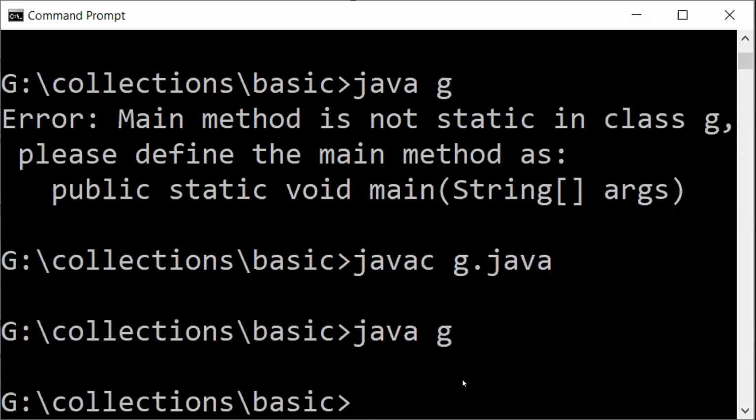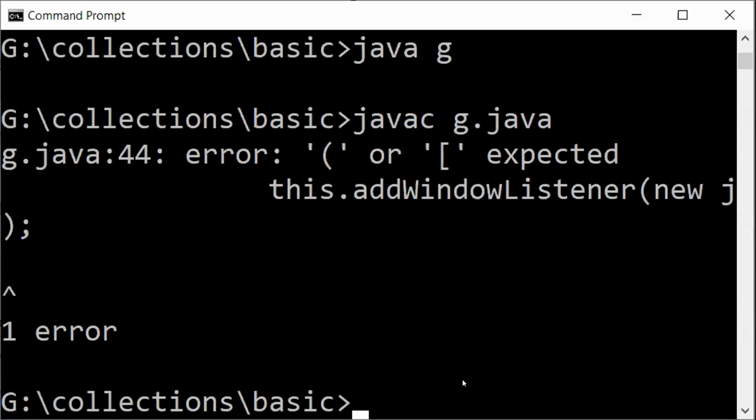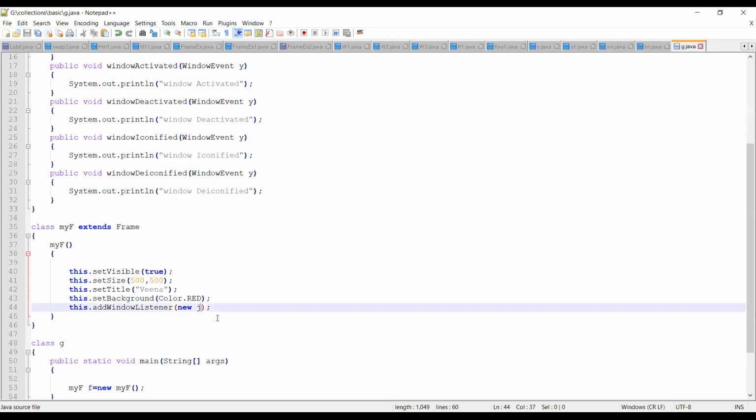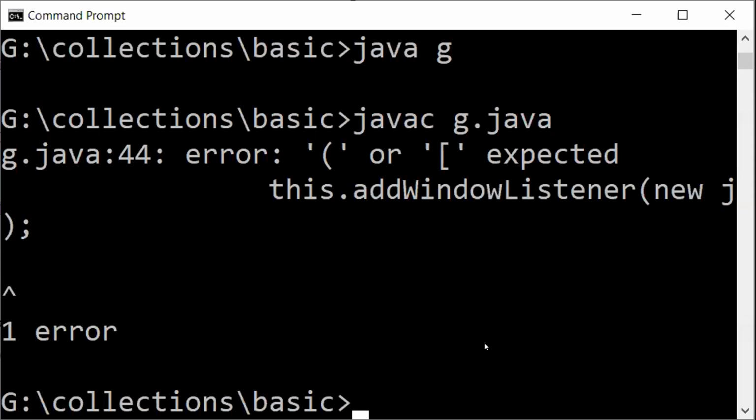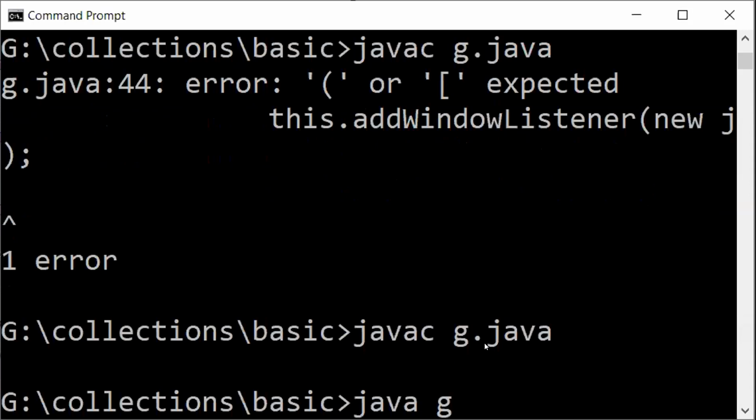I need to stop it and compile this particular program. Here again it is telling that some error is there in the syntax. So we'll go back here and see what the syntax is. The syntax is that I'm supposed to give it like this, and provide a closing bracket like this. New J of this is how I need to write it. Control S. Let us go back and run the program. First compile it, then run this.